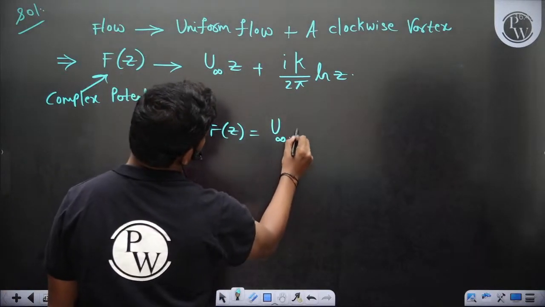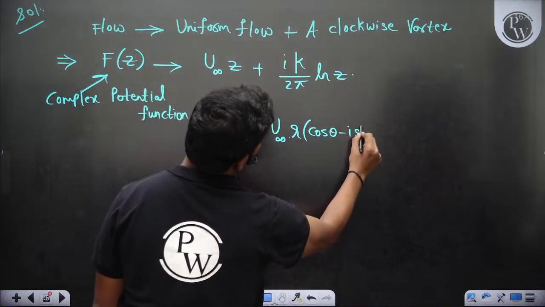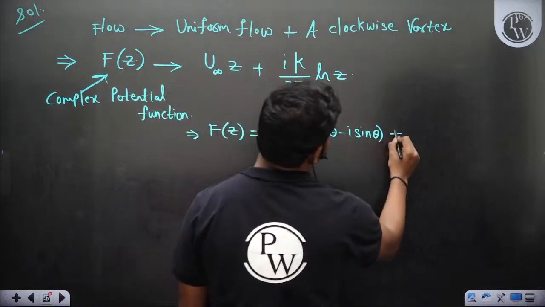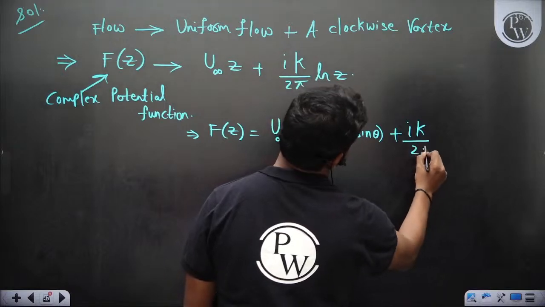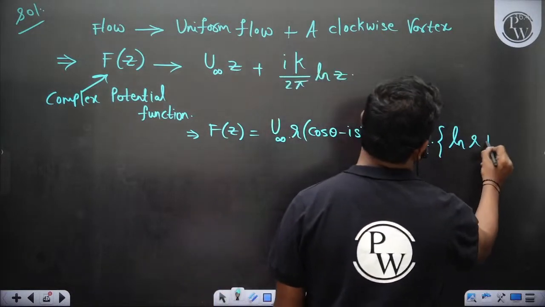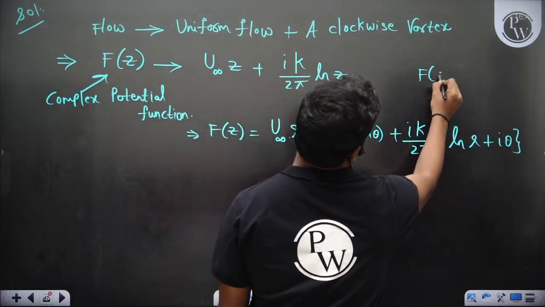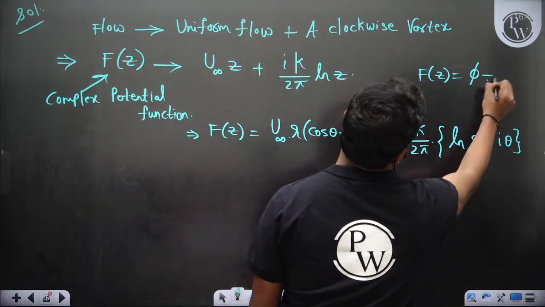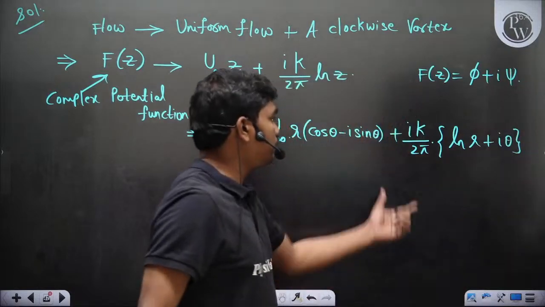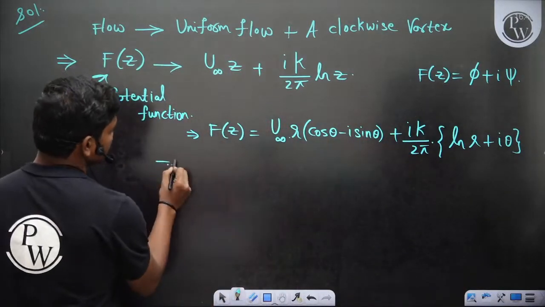U infinity r e power I theta, so cos theta minus I sin theta, plus ik upon 2 pi into ln z, so ln r plus I theta, that's all. And you know this complex potential function is nothing but phi plus I into psi, so we should look for the real part of this complex function, that's all. Okay, so if you look for the real part,